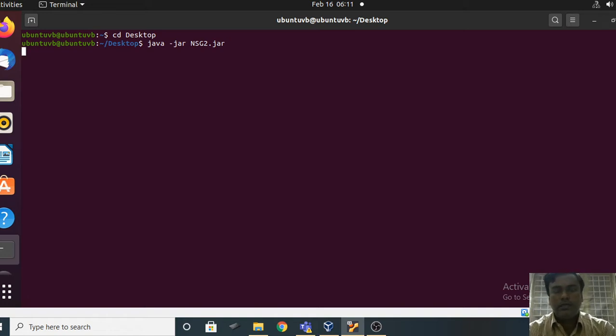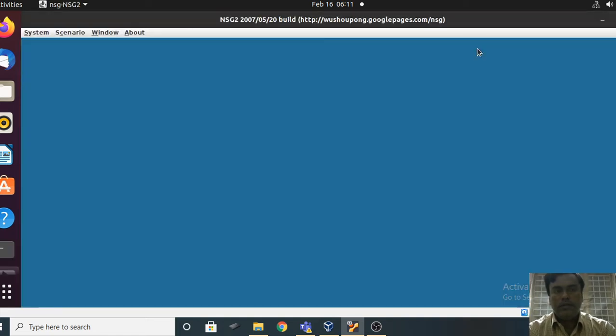A separate window will get opened with the menu bar, system scenario